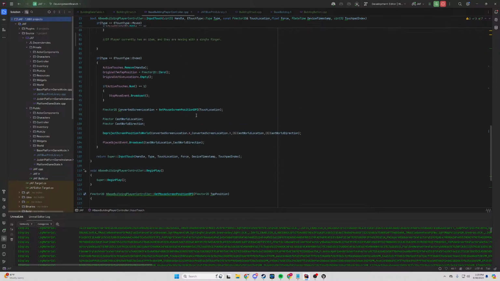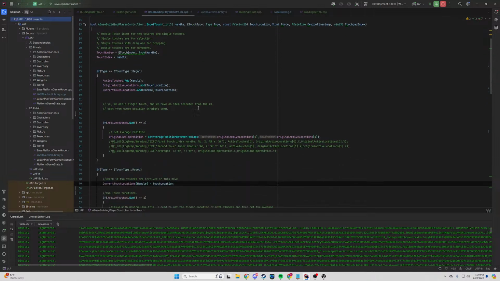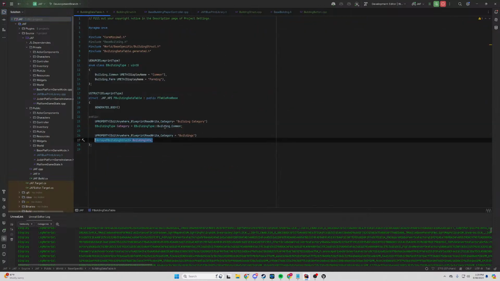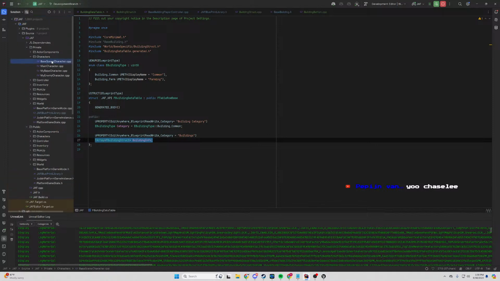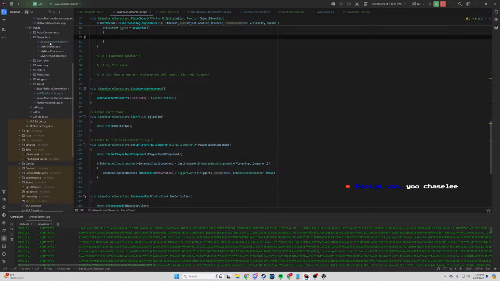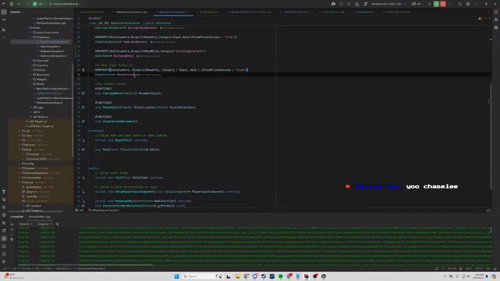When it comes to the controller, what I'll have to do, because right now whenever it moves, I have that bound to the player to essentially move it around. I might have to change this in the future, but for now, when it comes to the characters, we'll have to go into the base main character and add a function that I can call from it that essentially gives me the ability to